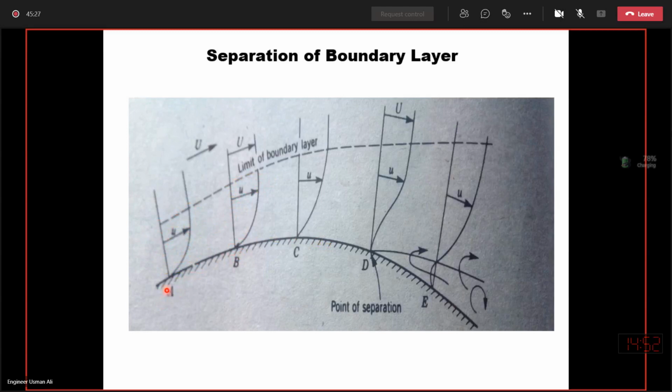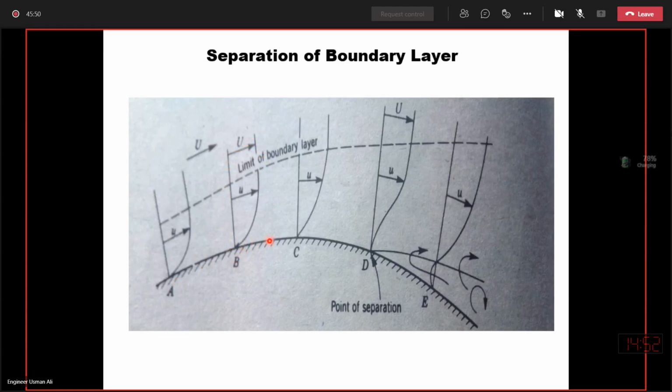A से B जो है converging हो रही है, convergence हो रही है, the area will reduce, velocity will increase and the pressure will reduce. तो area कम होने से velocity बढ़ जाएगी, that is, velocity is Q over A. So Q same है, area कम होगा, velocity बढ़ जाएगी और pressure कम हो जाएगा. From A to B, velocity is increasing and achieves its maximum value at B.